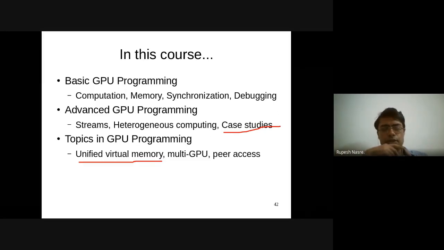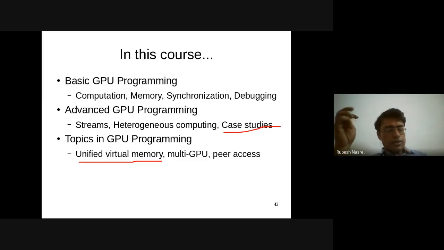For example, this peer access, there was some question offline about the mapping between two GPU memories, which made me create another program that is added now as part of the slides, although I didn't cover it. But those slides are going to be added to the web page. So please take a look at that, which will illustrate the peer access concept a little better.